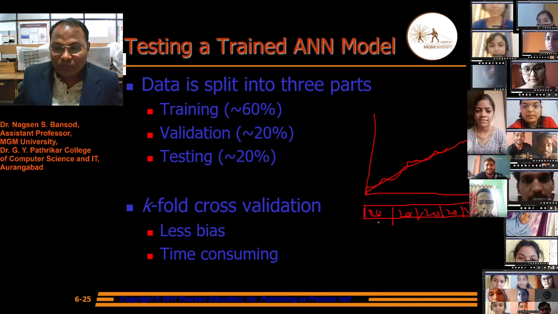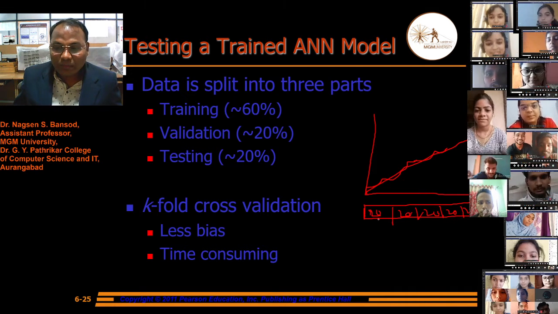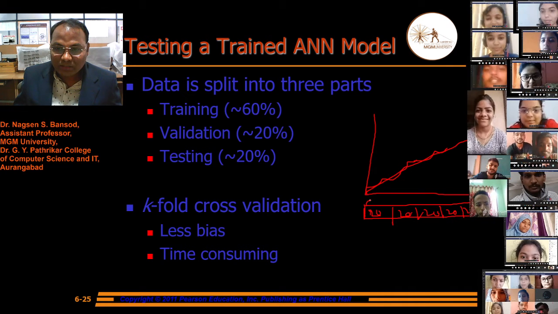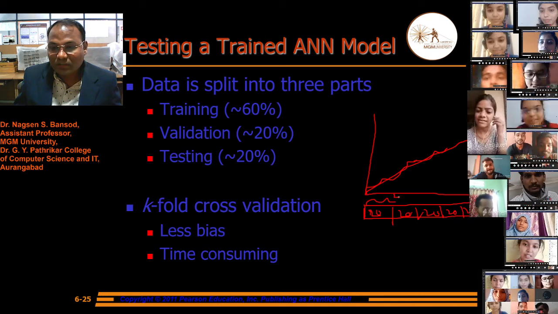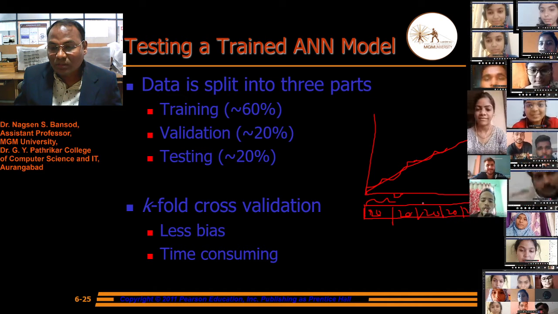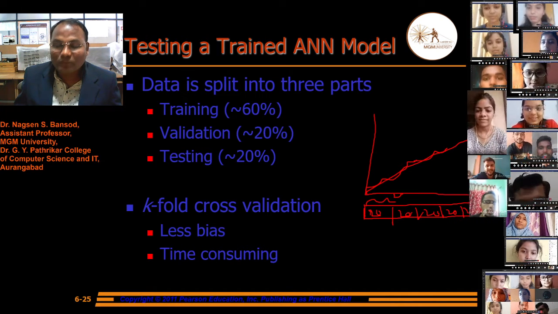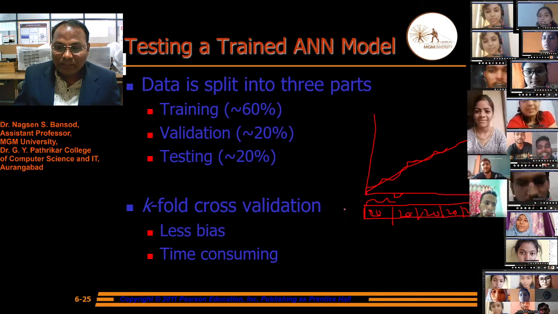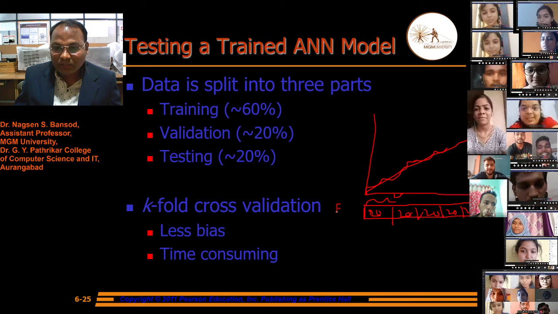In the first pass we keep these 20 records as test records, and all the remaining records we keep as training data for the network. Then we calculate the error estimation E1.